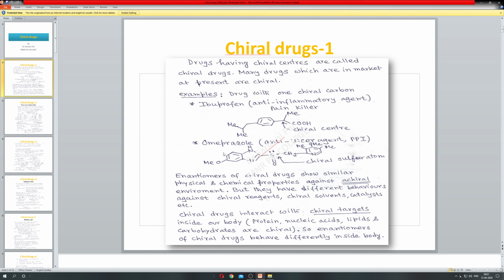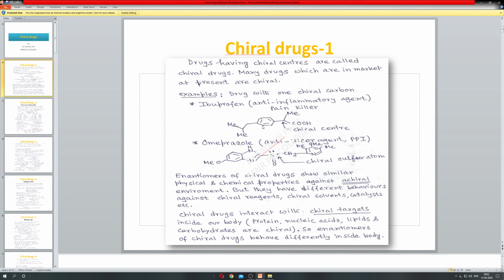Here I have given two examples of chiral drugs. Number one is Ibuprofen, that is a non-steroidal anti-inflammatory drug, popularly known as a painkiller. That compound has one chiral center. That chiral center is a carbon which is attached with four different groups. One is methyl, one is carboxylic acid, another one is the substituted benzene ring, and the hydrogen is also there,